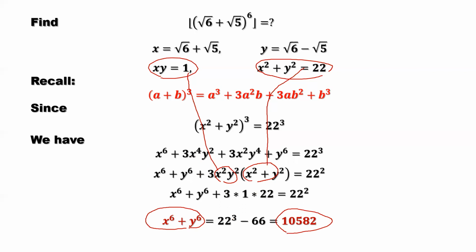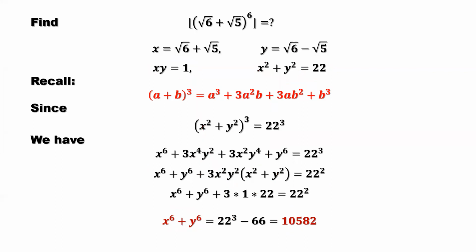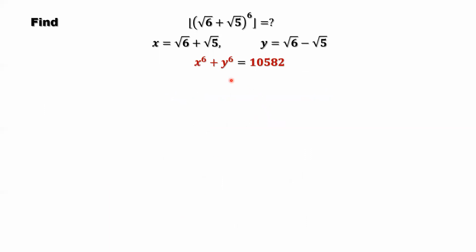Let's move to the next page. Clean up this page. Summarize the result here. That's the important result. So what is x? What is y? We have the definition here, right? Plug in, you have this. So now our question is to find the largest integer less than or equal to this number, without this one. So what is this number?